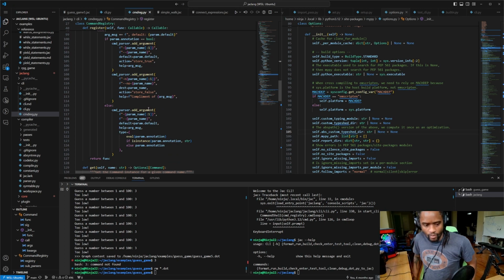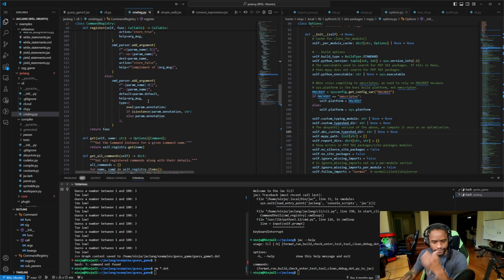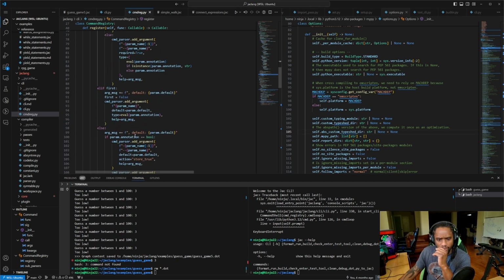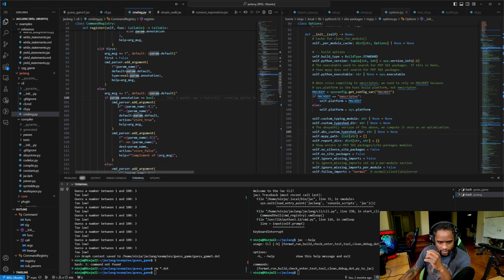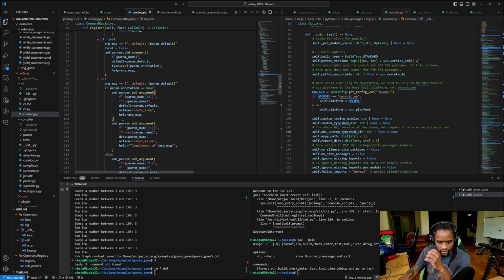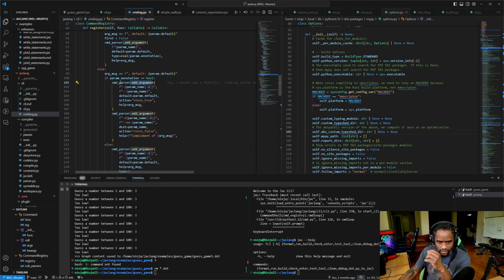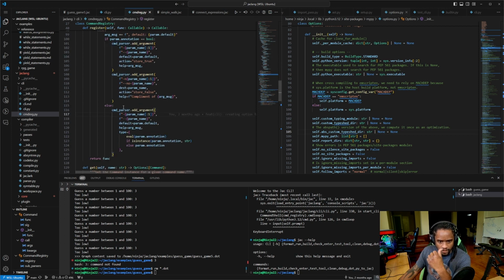All right, so action store true. Man, what is this? If param annotation equals bool, we do this, add argument. So we're adding arguments to our command parser. This command parser, I believe,